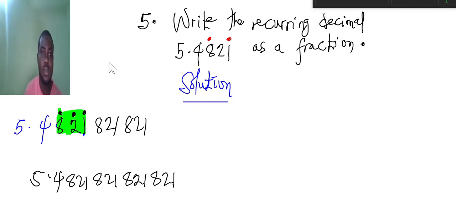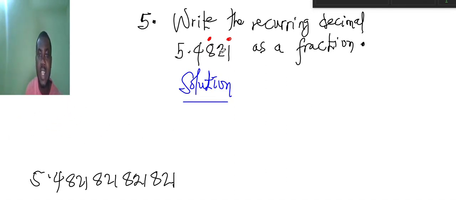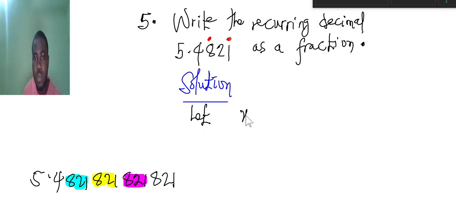So we now understand what the question actually refers to. The recurrence starts at 8, ending at 1. So 821 are the recurring digits. So this is the longer version. Alright, something like this. Okay, so our usual method, let x equal to